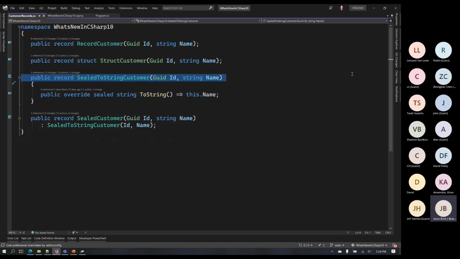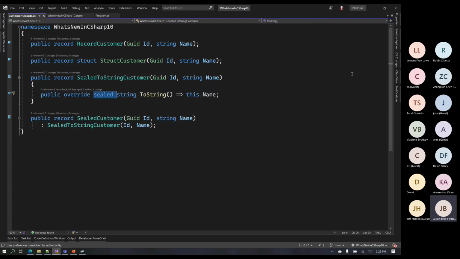The problem is that you couldn't enforce this being a sealed override, which is something you can do in C# with classes. What this means is none of the inheriting classes can actually provide their own implementation. More to the point, I want this to be the way to do it for this type and all subtypes. So you couldn't do this in C# 9 before.